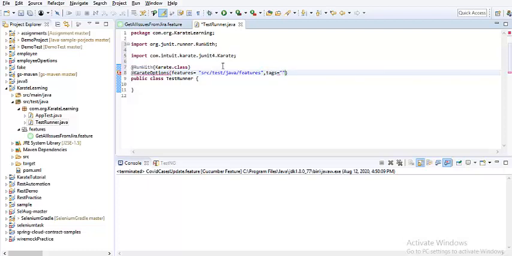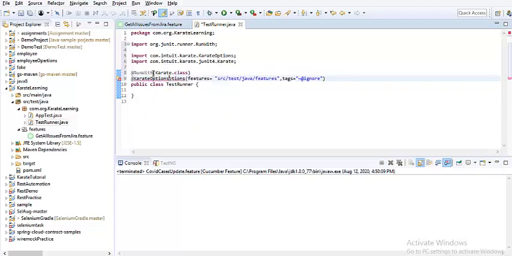I will say I will not execute a test case if it has @ignore mentioned in the particular feature file or on the scenario. Let's see, I think it has to be imported. Let's press Control Space here. So KarateOptions has come. I think the O is missing here. Yep, we are all good.